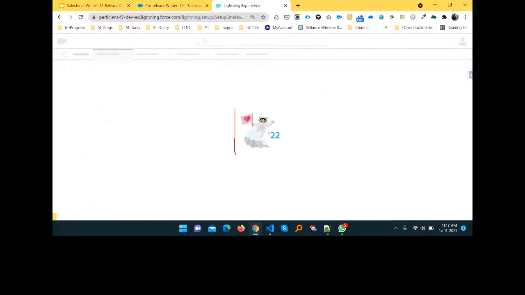Here you can see this logo. Every release has its own logo, like Winter '22 and upcoming releases, with a different logo and the year of the release. This is the first change under Winter '22.